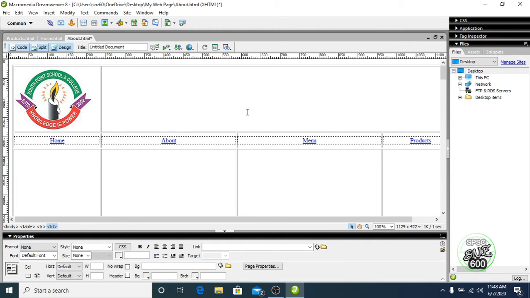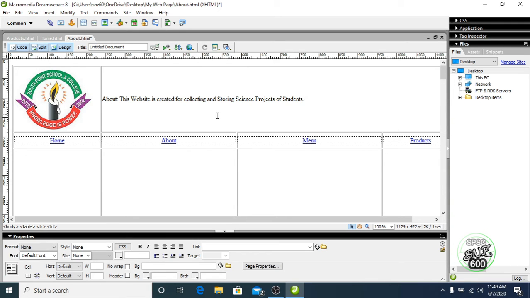So you can write here about this website is created for collecting and storing science projects of students.